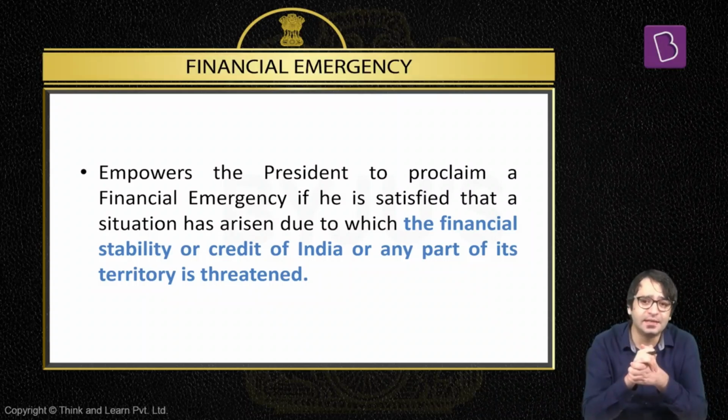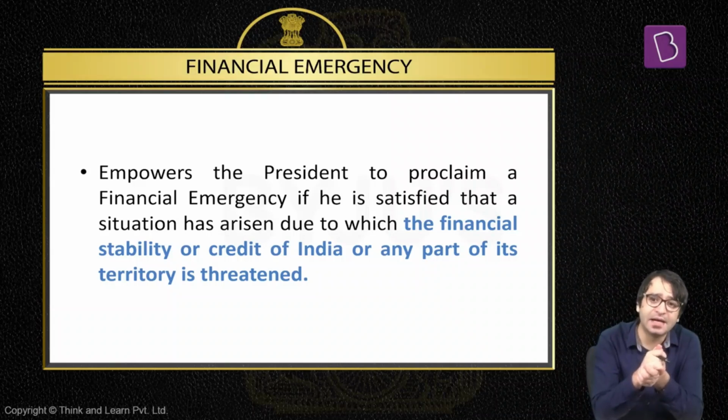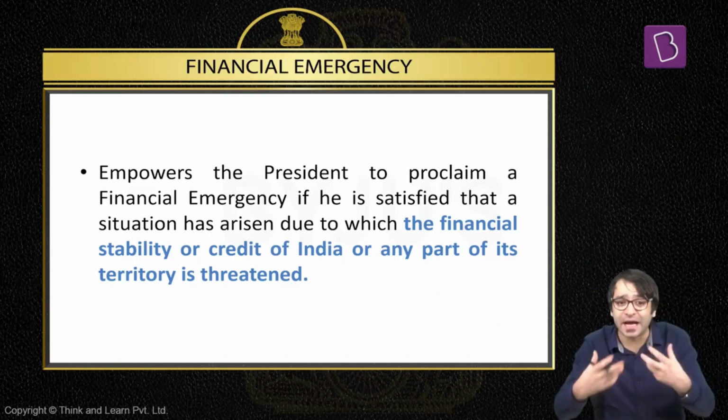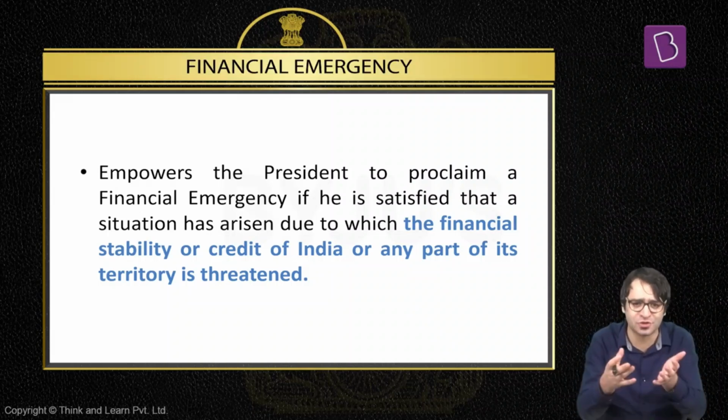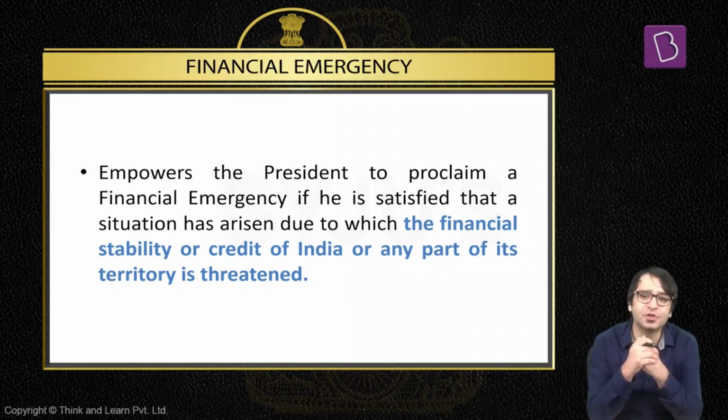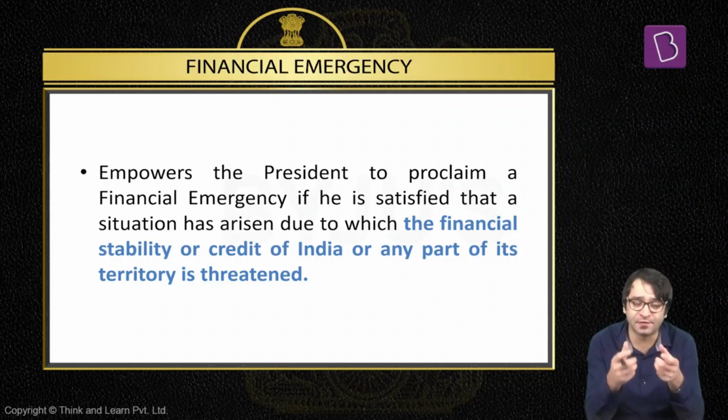And then again during the 2019 COVID crisis, when on 31st of August 2020, the GDP figures were known. The real GDP figure shrank by minus 23.9% from a year ago. That means even at the time of the COVID-19 crisis, when economic indicators plunged, even then financial emergency was not imposed in India.